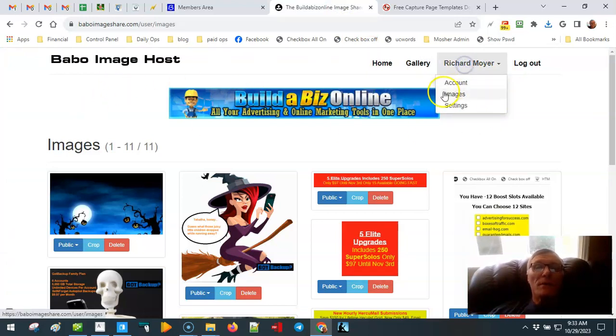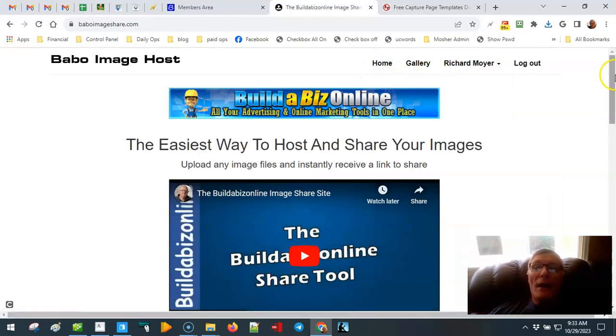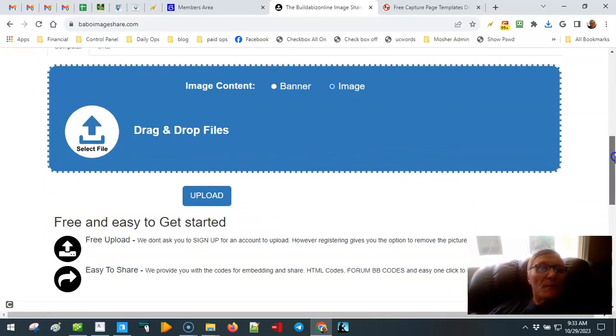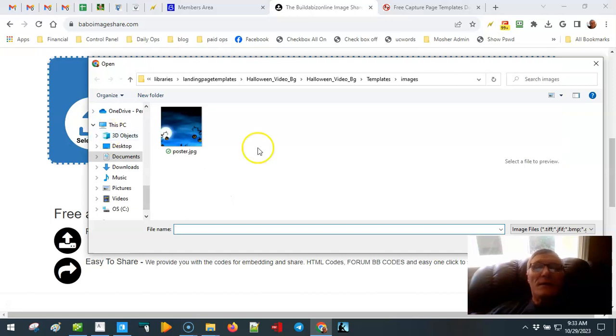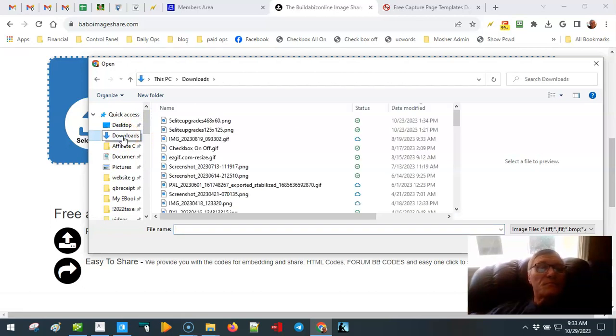Okay, I'm going to go into images, actually home. I go into home and come down here to drag and drop file. So I got to select a file. And what I'm going to do is go to where I downloaded it here. So we're going to go into downloads. And it's going to take a second because it's